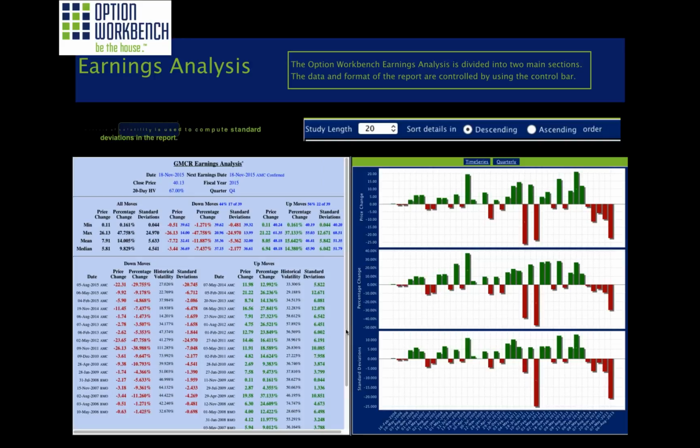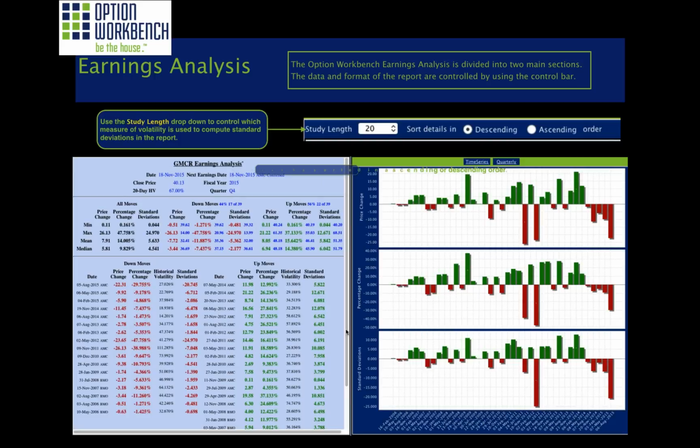Okay, so let's get to the meat of the presentation. The Option Workbench earnings analysis or earnings report is divided into two main sections. And the data and the format of that report are controlled using these buttons on the control bar. So use the study length dropdown to control which measure of volatility is used to compute the standard deviations on the report.